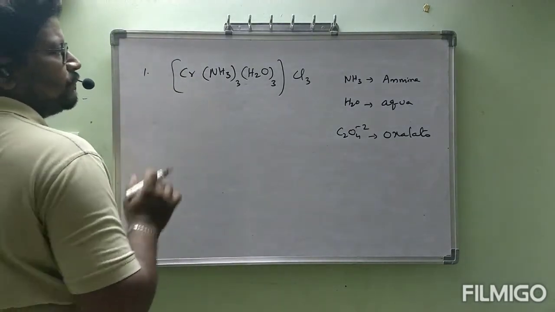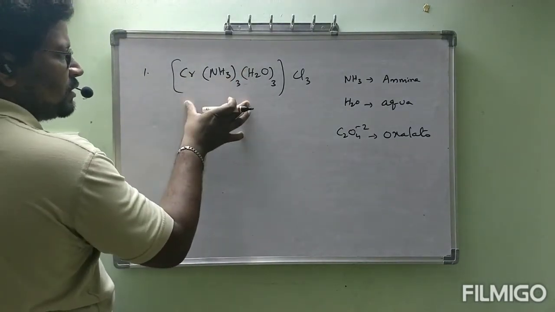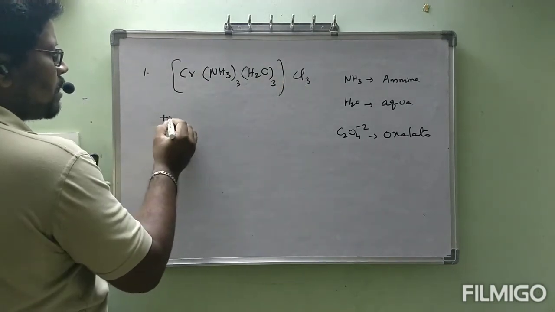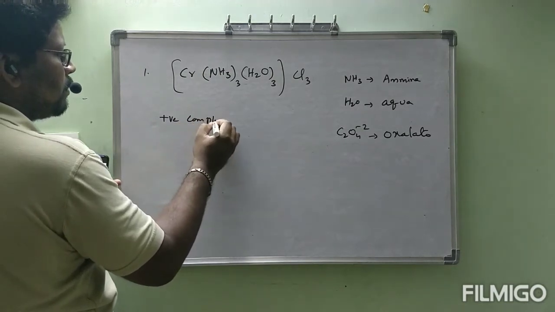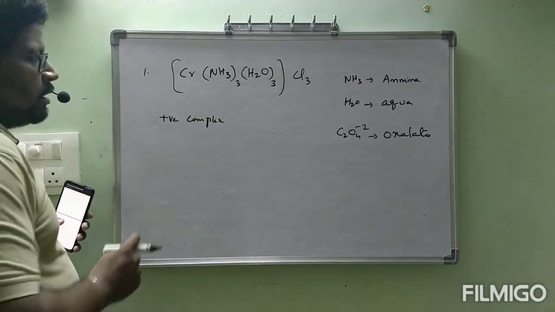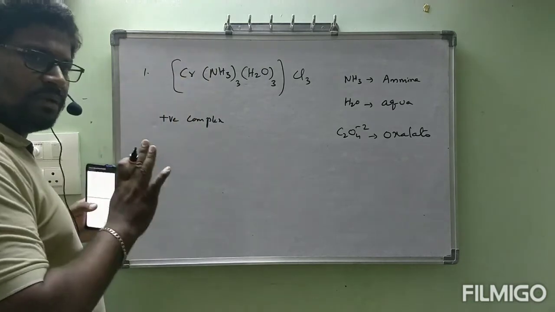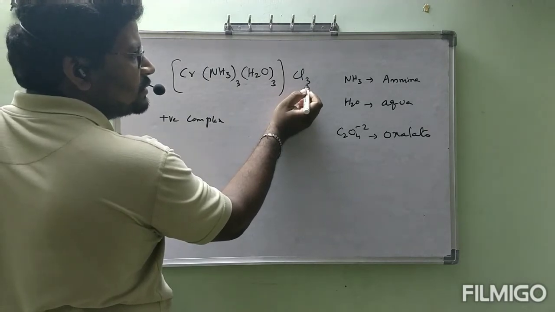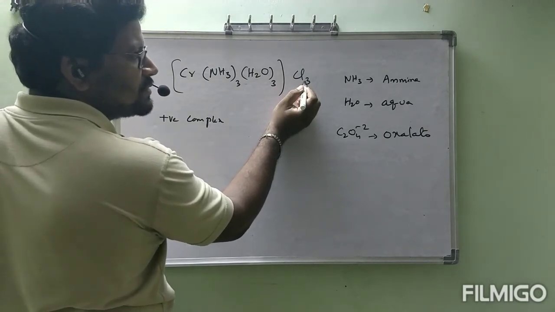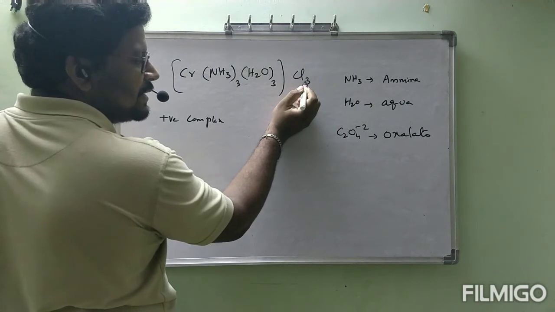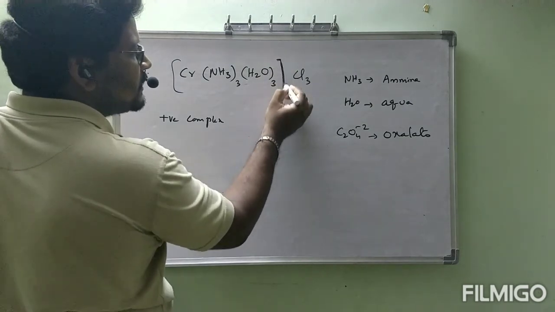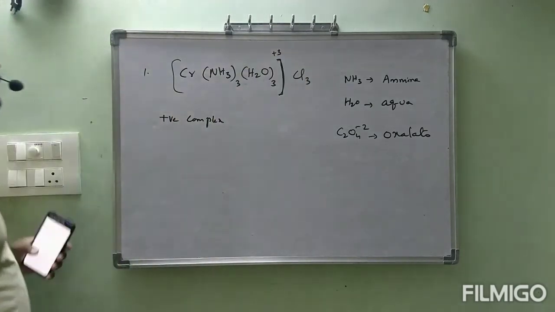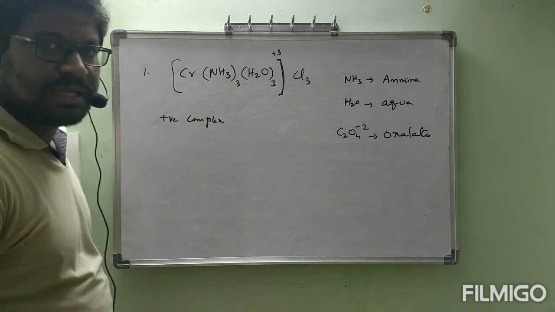Now let us concentrate here. Square bracket is present first, next counter ions. Then this is a positive complex, correct or not? Now chromium is present in the positive complex. How many chlorines are present? 3 chlorines. Each chlorine is minus 1, 3 into minus 1, minus 3. Then this total complex in the square bracket must carry plus 3. What is the charge present on the complex? Plus 3.